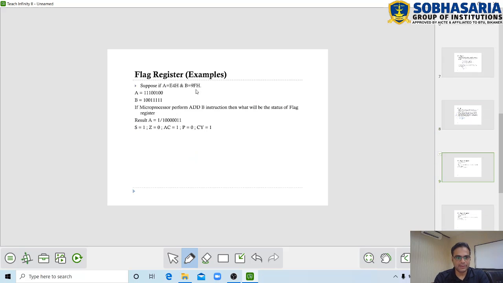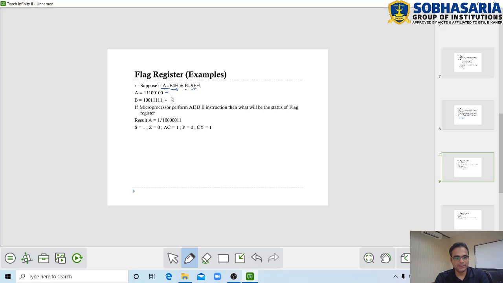Considering this example, suppose the accumulator has E4H. H shows the hexadecimal value. So E4 is an 8-bit hexadecimal value which is available inside the accumulator, and B has 9FH, which is again 8-bit data available in the B register. If we convert this hexadecimal value, E4 will become 11100100, and 9F becomes 10011111.